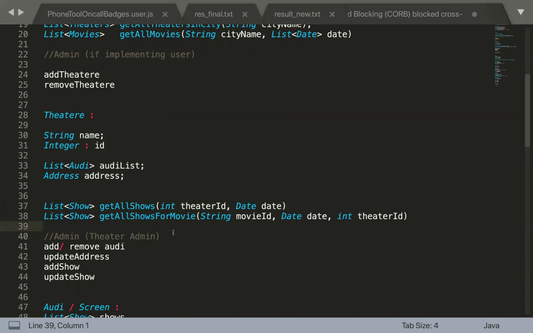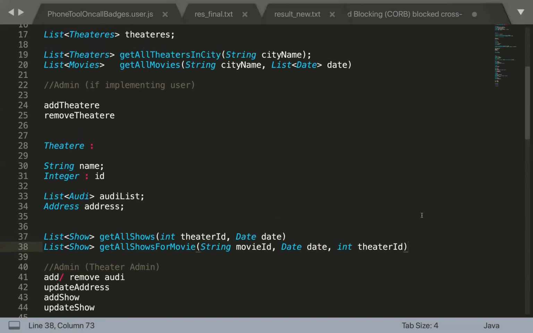So you need all the shows for a particular movie. That's what you have with get all shows for a movie, which is going to receive a movie ID, the date you are referring to, and the theater for which you want to fetch all the shows.